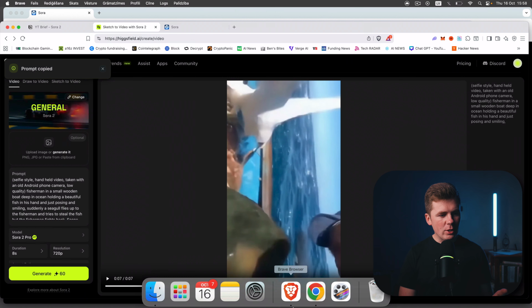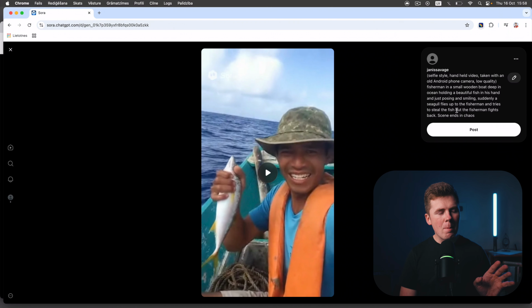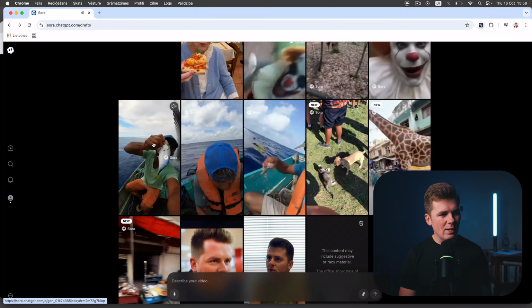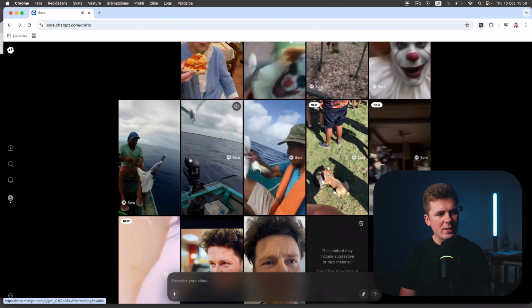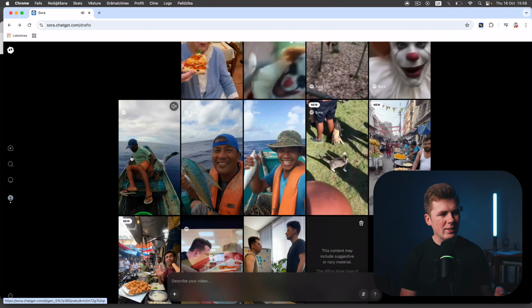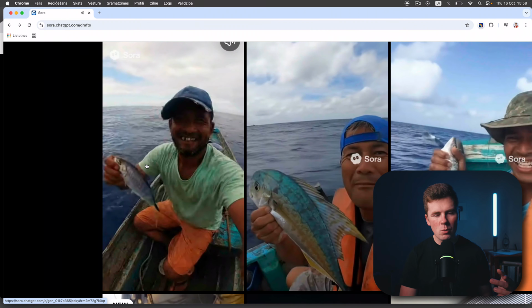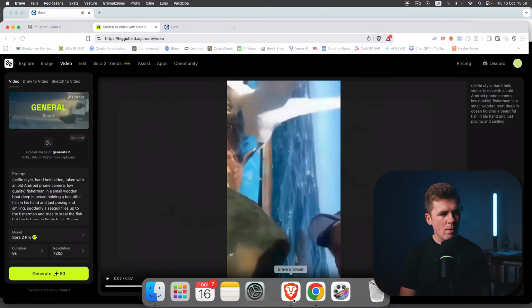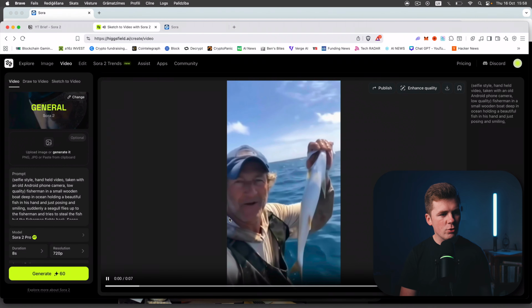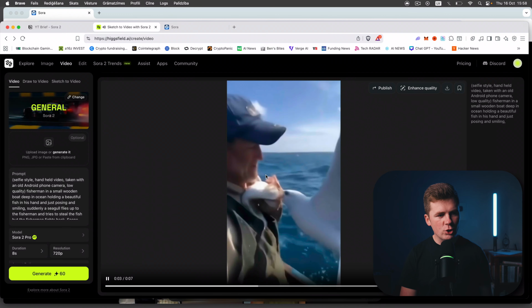So if we compare the videos, the Sora 2 Pro did a much better job because, as you can see, this is a selfie style handheld video. And for Sora 2, basically the basic one, only one video kept the basic camera handheld for the whole video. For these two, as you can see, suddenly the seagull attacks and the video is no more handheld. As you can see here, someone else is filming it. Also the camera shakiness for the Sora Pro video is much more realistic. As you can see, it is much more shaky